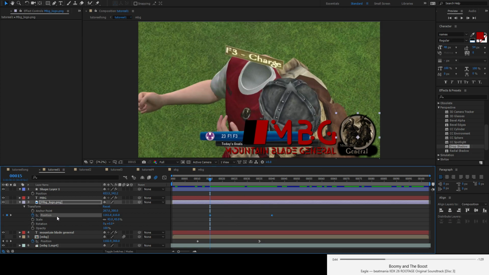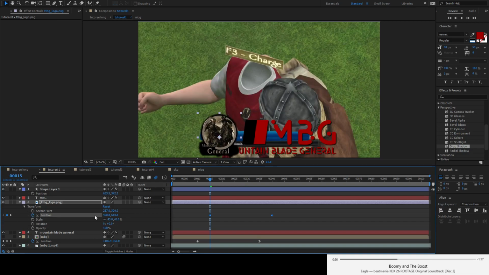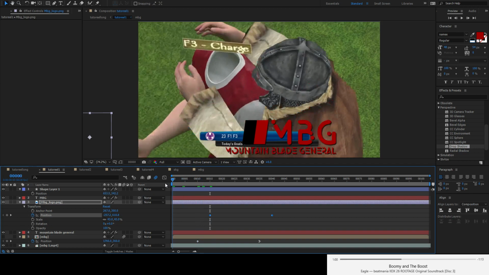So I need to change the position, namely the X value, because the X is horizontal, the Y is vertical, as you all know. So what I can do is I can either have it go from the left side of the screen to the right, so just pull it left until it's completely off screen, and then when I play it,